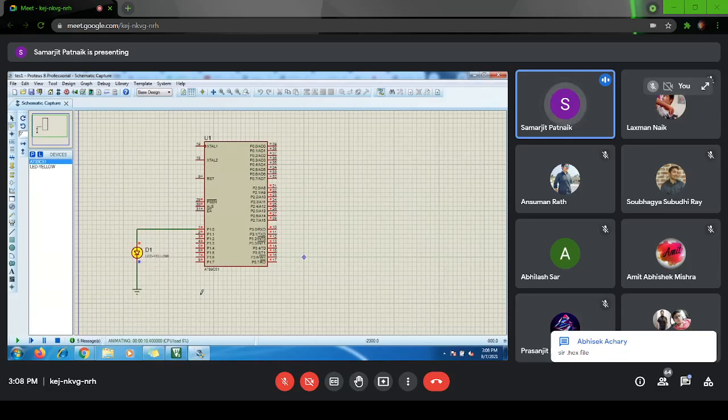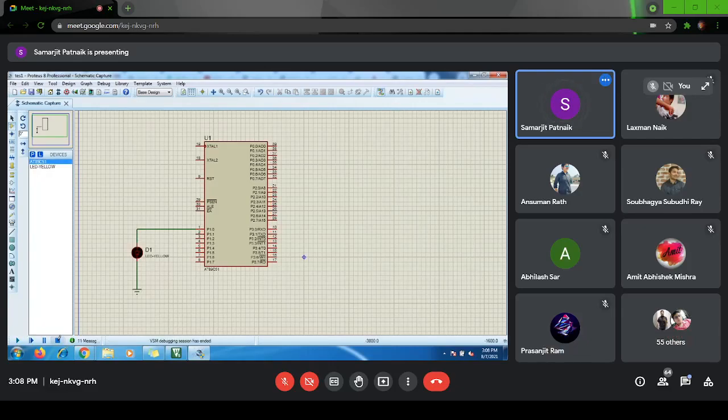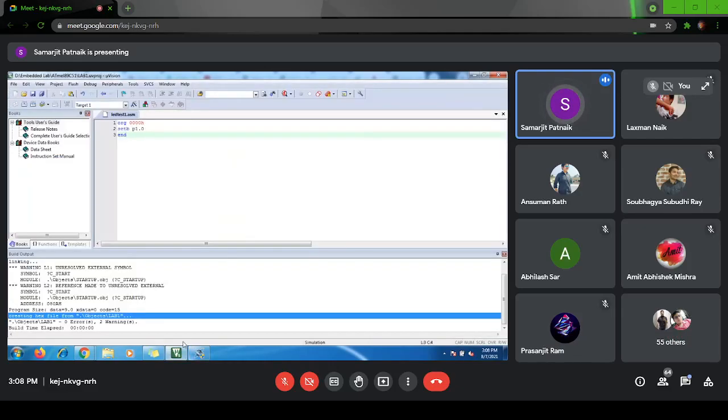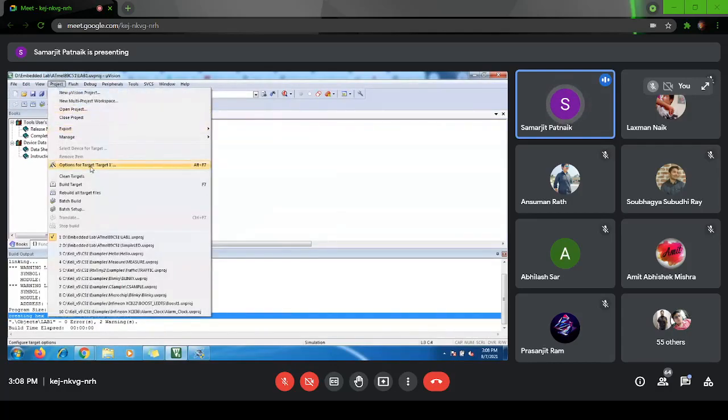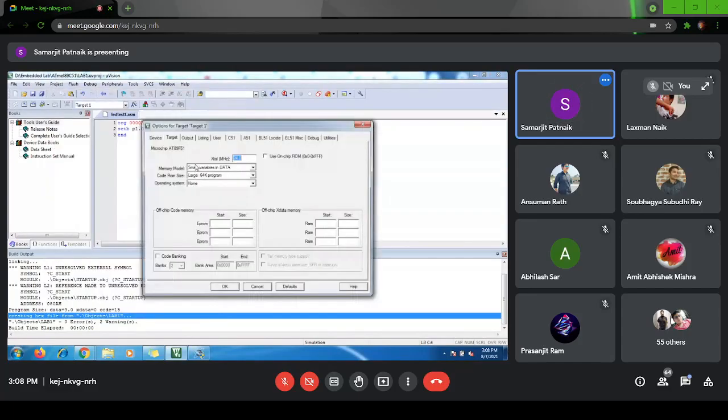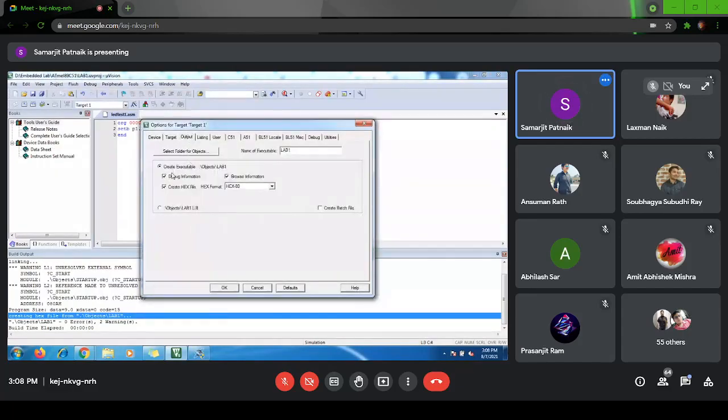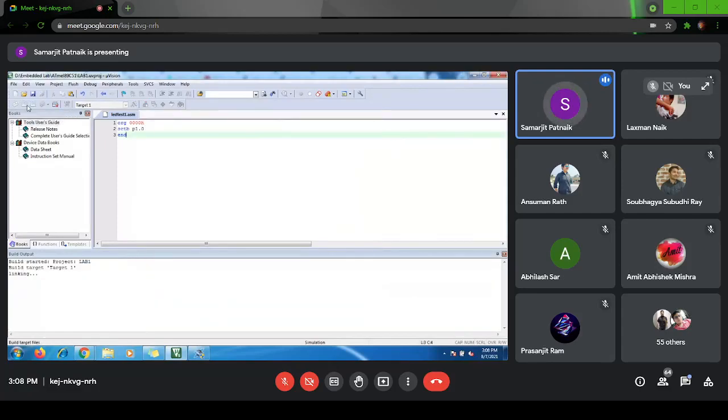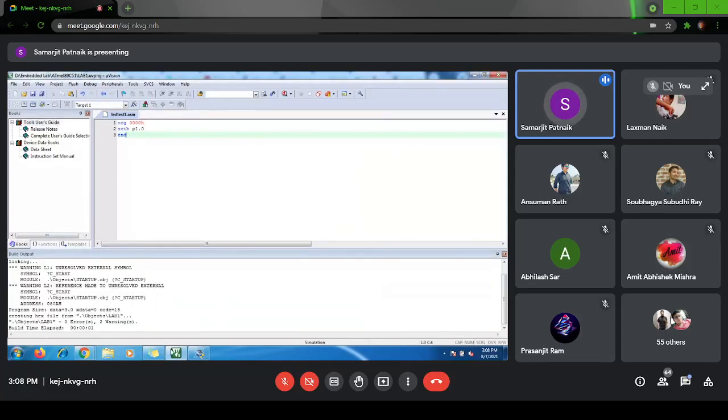Yes, .hex file. To create the .hex file, you have to open Microvision and build it again with the settings, right? Go to project, options for target, go to output, select create hex option, select OK, then build again. Whenever you build, I have built it at 3:08 p.m., it will create a new .hex file.